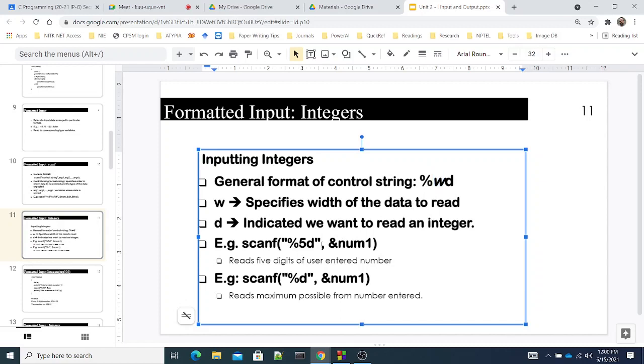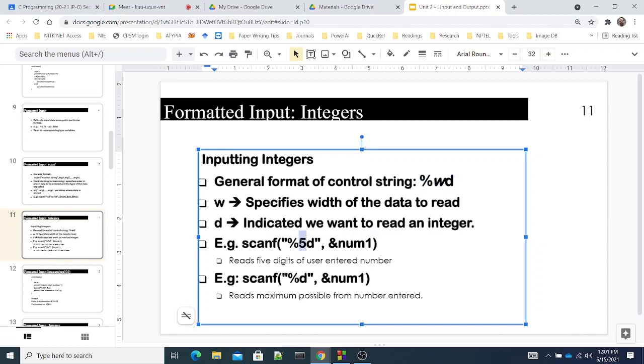Okay. Now an example is here. W value is 5. W is a general representation. It is for width. In the place of that we will be specifying a number. Now here it means whatever may be the length of the number the user enters, out of that only 5 digits we are going to read. And the first 5 digits we are going to read and store in this. That is the implication. So if we are specifying the scanf statement in the general format percentage WD,